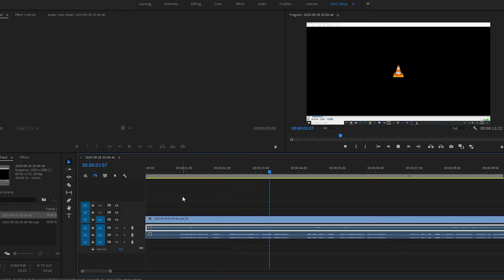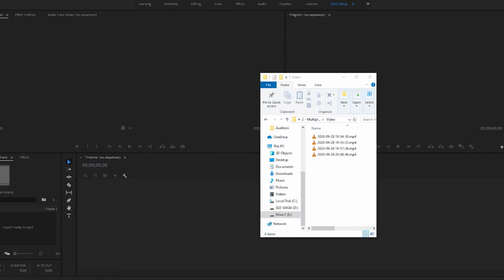Hey everyone, and welcome to an OBS tutorial where we're going to be talking about multiple audio tracks. So let's get started. Alright, so before we go on here, I want to show you what it looks like